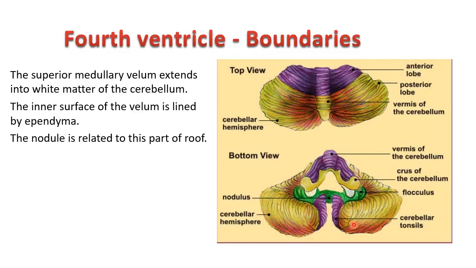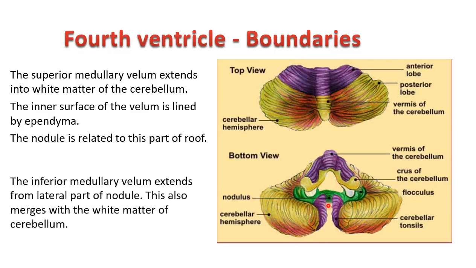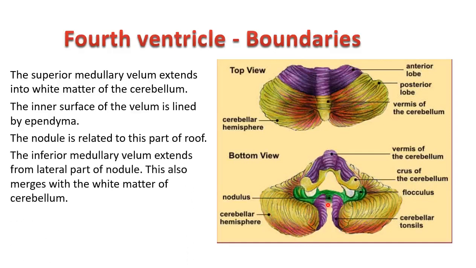So in this place, when you look at it, the inferior part of the roof all extends. So the nodule is actually related to the inferior part of the roof. So this superior part of the roof and the superior medullary velum, from anteriorly it has come and extended. Now the inferior part of the roof, you are able to see the nodule is related to this part of the roof, and a small structure, the inferior medullary velum, can be seen extending, okay, with the white matter, and